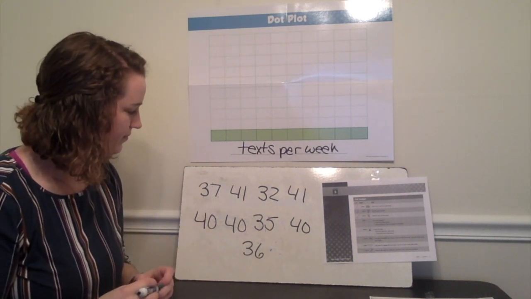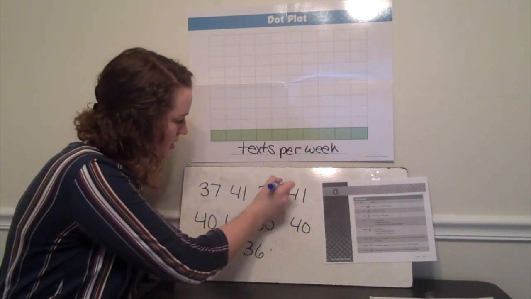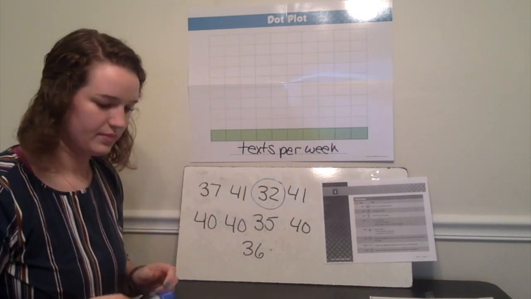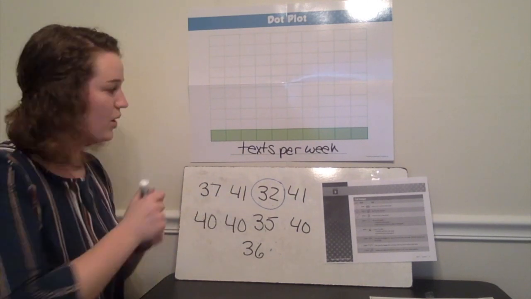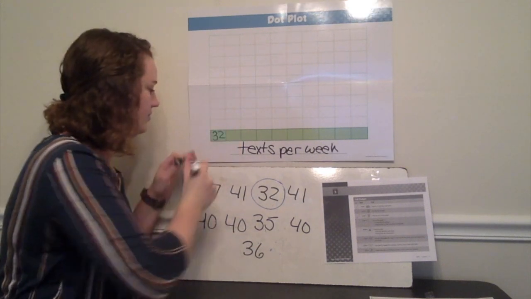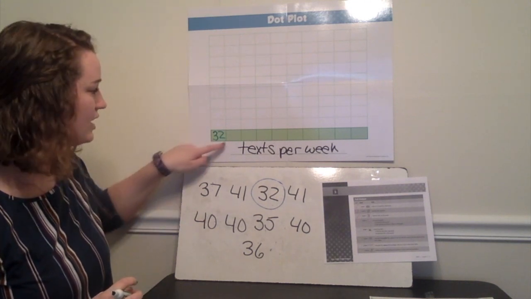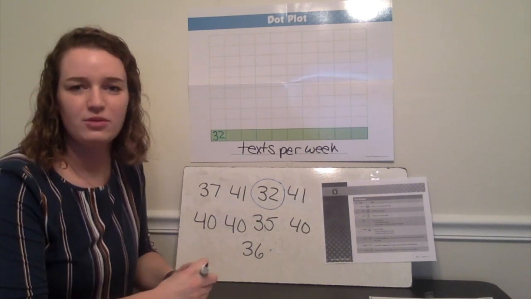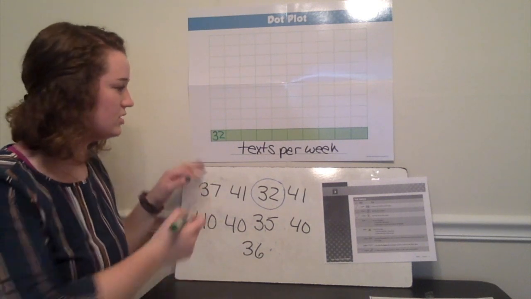Let's look at them. All right, so I think 32 is our smallest number here. Okay, so since that's our smallest number, we're going to write that in our first box, 32. So go ahead and glue or write that in your very first box, 32. Okay, then what comes after 32? We're going to write that in our next box. After 32, we have